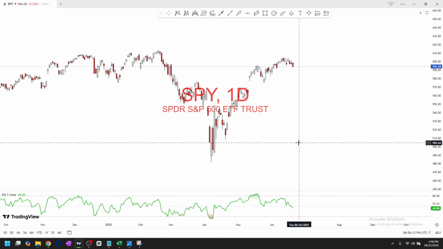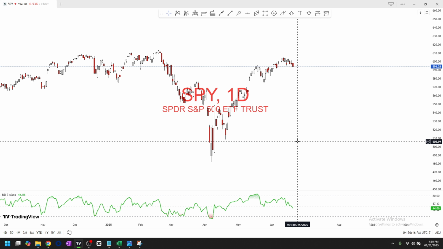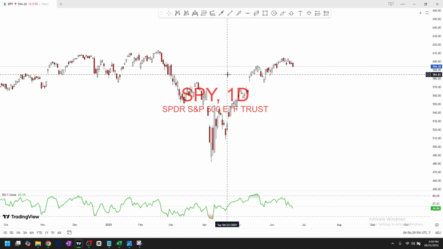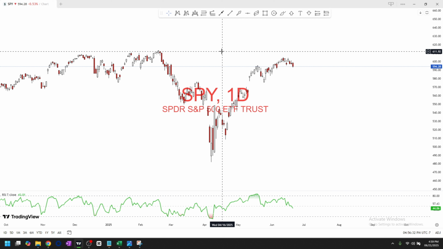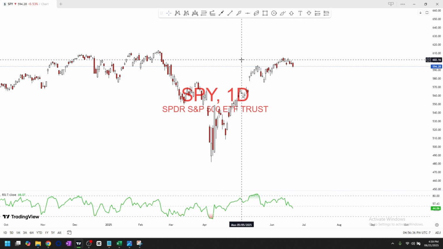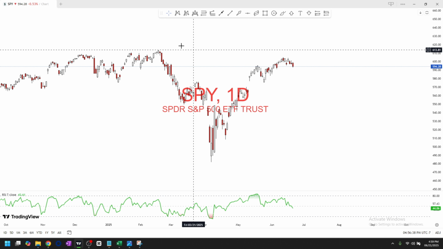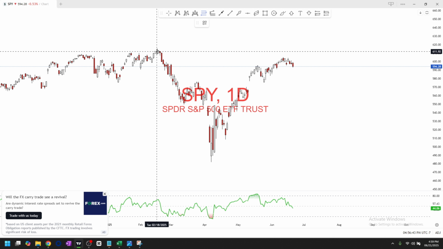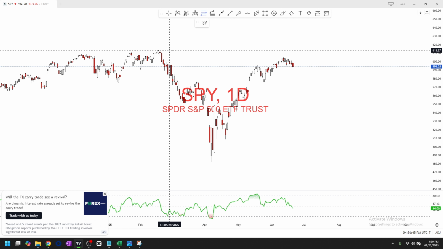That being said, we're going to break down currently what's happening with SPY and make a projection on it and talk about some combined elements which make me feel strongly about this projection. So I'm looking at SPY on the day chart. This is all we really need for this right here. We're actually going to jump back to the week because there's going to be another indication on what I think that we're seeing. So starting from this high right here,